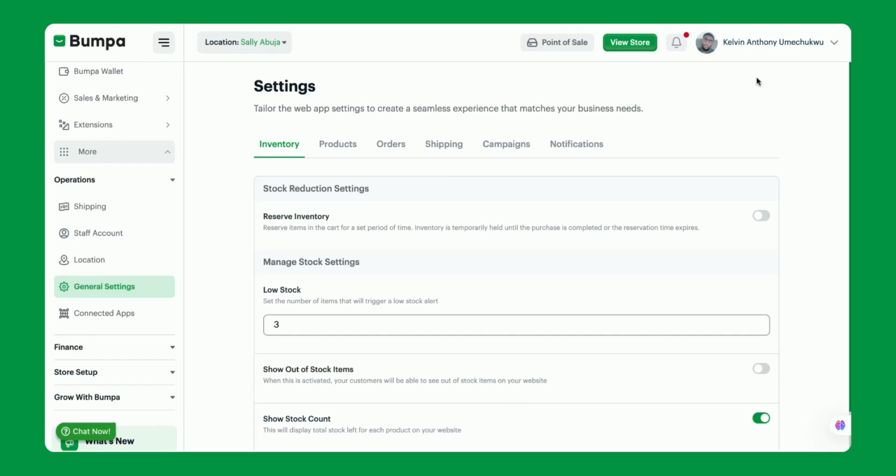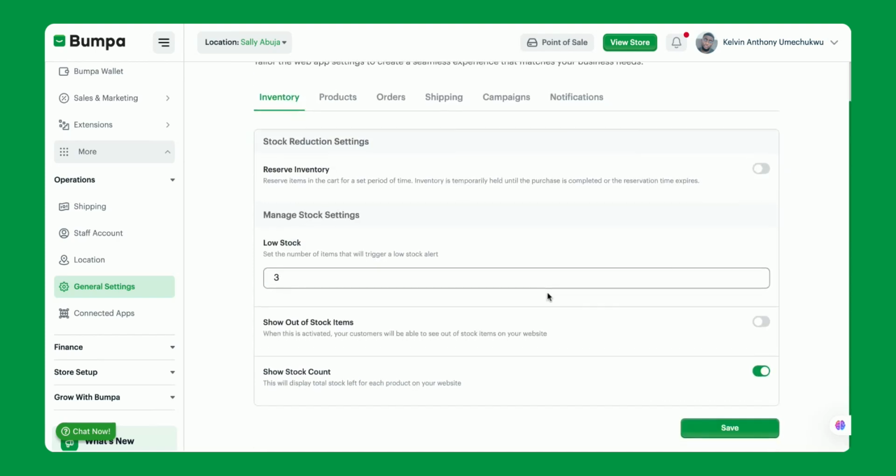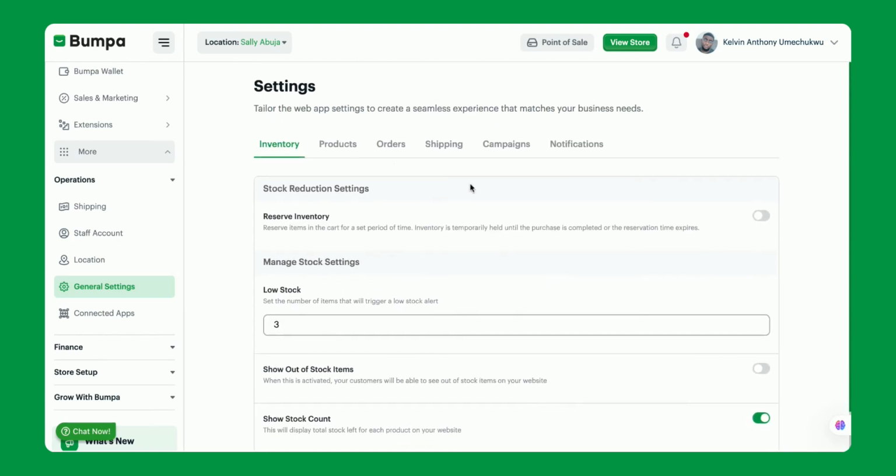Hi there. This is the beginning of a new series where we're tackling the settings on the Bumper web app. Now, on the Bumper web app, you're allowed to tailor your settings, tweak things to basically allow you create a very, very seamless experience for your customers. I'm just going to run through everything here, and then in subsequent videos, I'm going to break down everything one